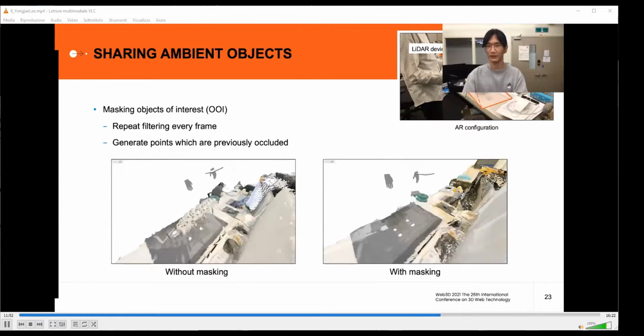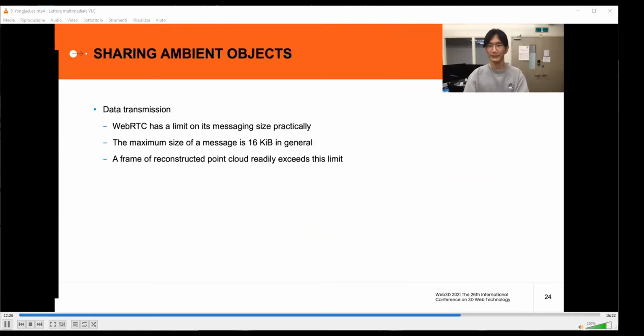Moreover, because the point cloud reconstruction is still working, as the OI is moved, at the same time new points are formed at the newly revealed areas. You can find this in the right video. As the cyan flange model moves to its left, the hole on the desk is filled with the newly generated points. Note that this masking process is very efficient because it proceeds at the fragment shader level rather than the vertex shader level. In the last stage, the masked point cloud is sent to remote users through the data channel